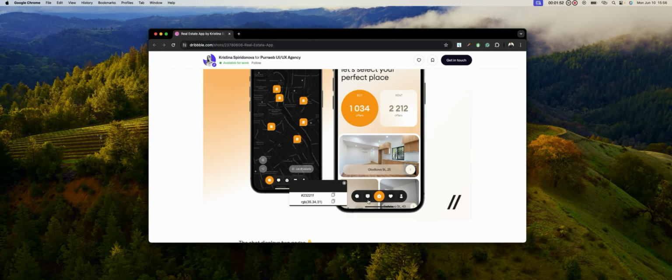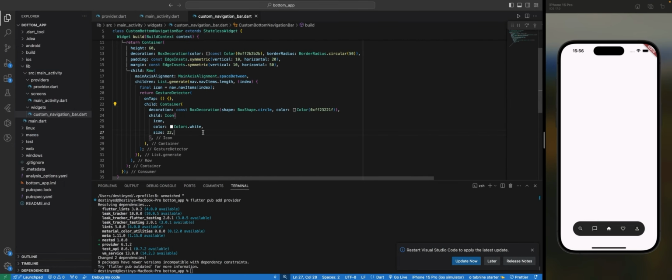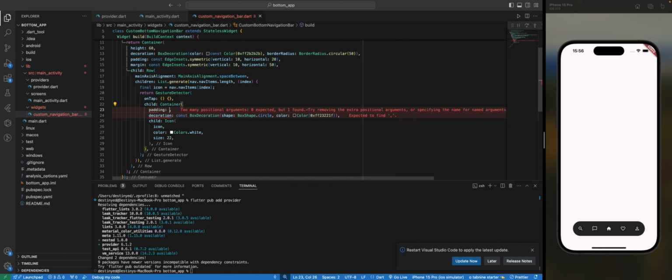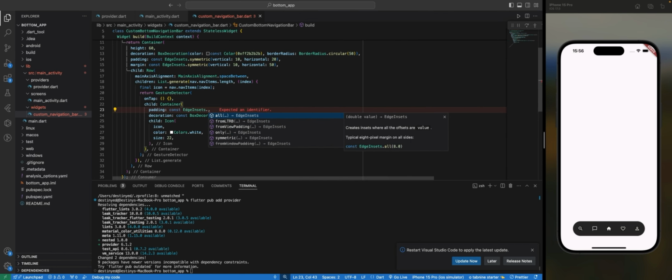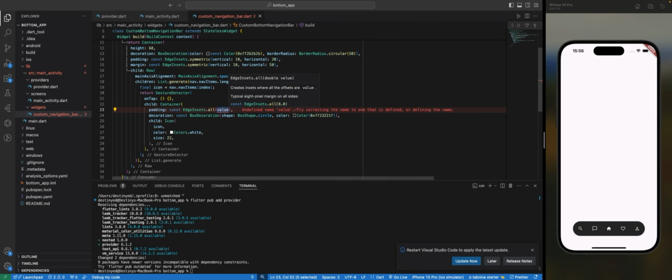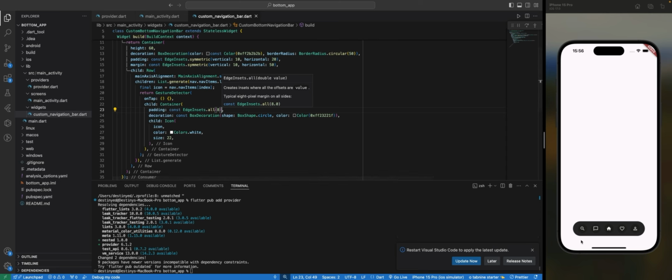So what I'm going to do now is to add some padding around it. Okay, so let's go here quickly, and I'm going to add padding. So let's have EdgeInsets.all. Okay, so I'm going to give this 8. Okay, save it. You can see how it shrunk the icon, and you can see the icon is a little